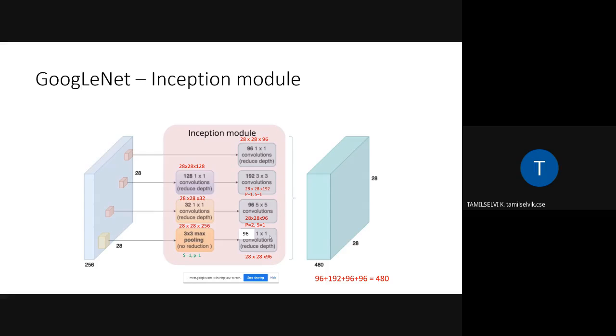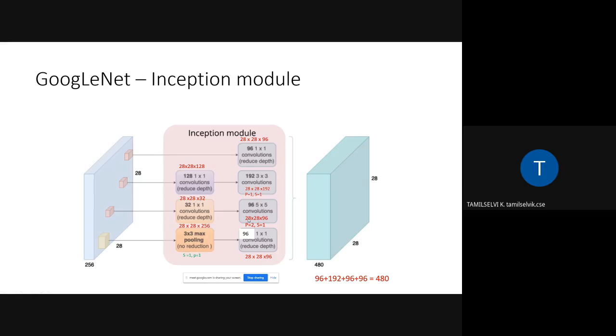There are 96 filters, so now the volume will be 28 cross 28 cross 96. In this case, if you add 96 plus 192 plus 96, 96, you will get 480. Now see here, 28 and 28, the input size is preserved, that is width and height. They have performed n number of convolutions and